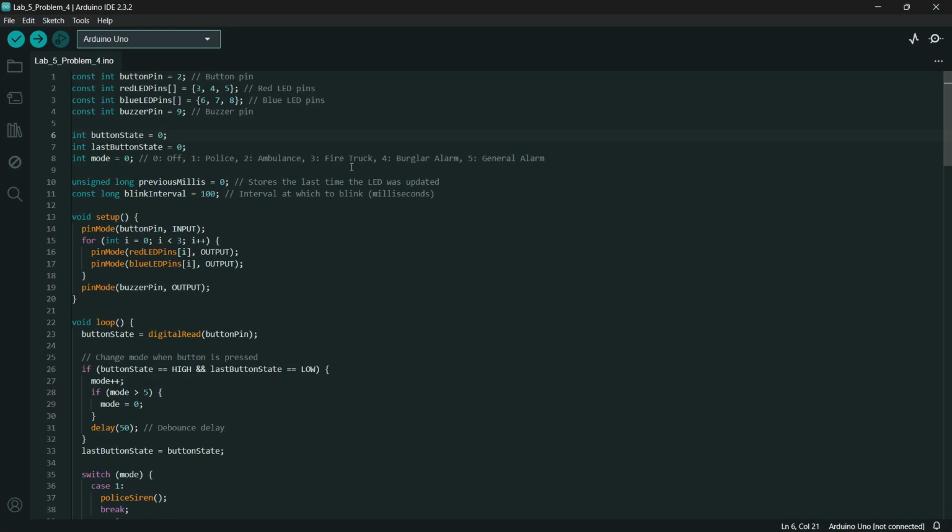The unsigned long is for storing the last time the LED was updated, and the blink interval is the interval at which to blink in milliseconds.